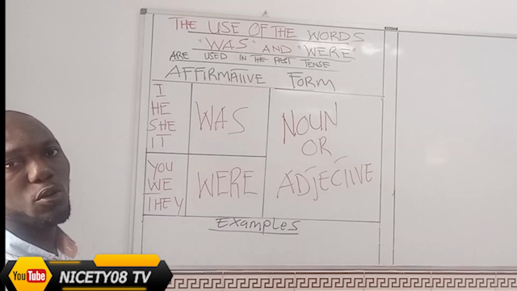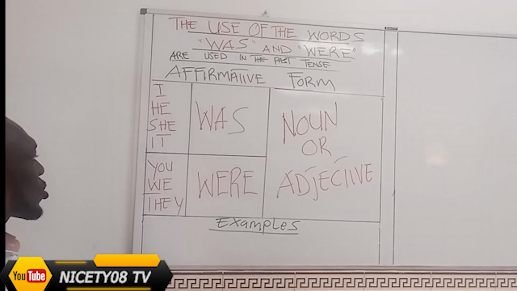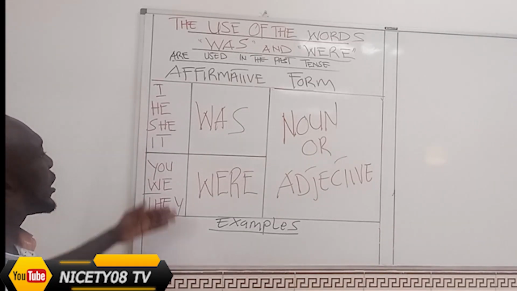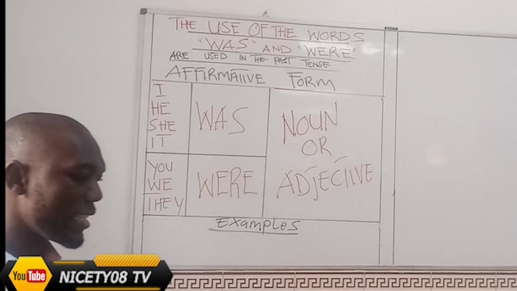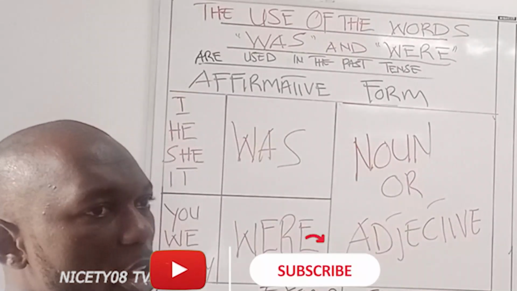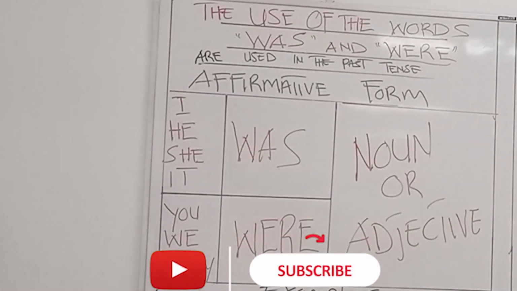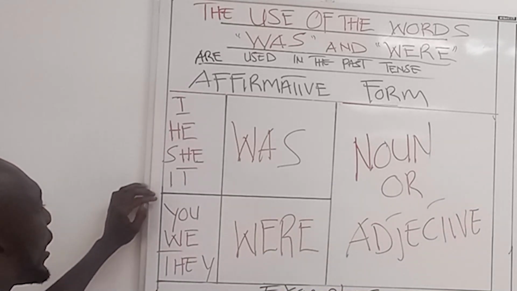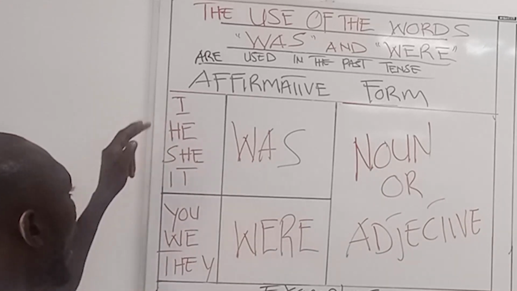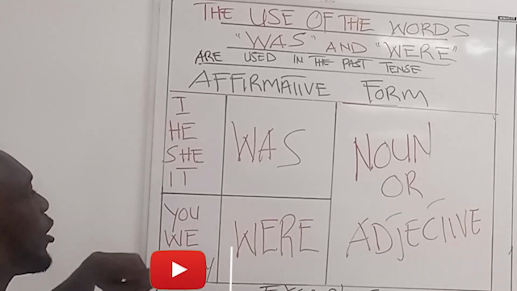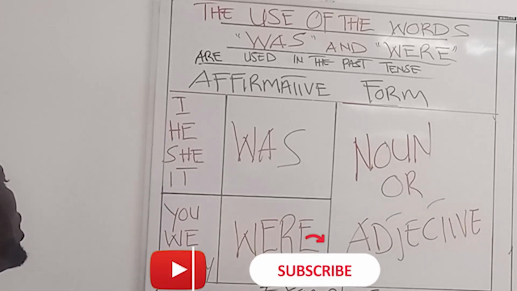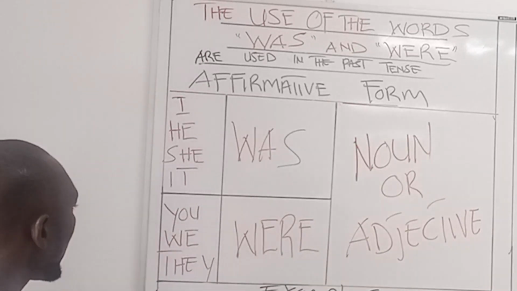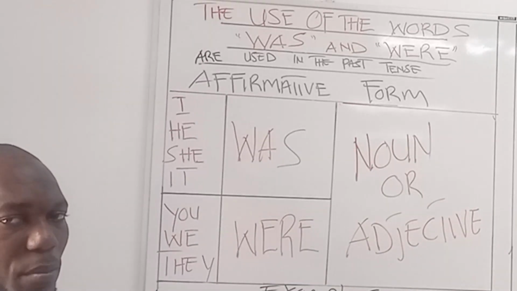So jinsi gani utaweza kutumia? Tunaanza na personal pronouns hapa. Tuna viwakilishi nafsi, hivi vinatumika kutengeneza sentensi za aina zote. Majina yote viwakilishi vyake vinatokana na hizi. Hizi zinaitwa personal pronouns. So I, you, we, they. I maana mimi, he wa kiume, she wa kike, it kitu. You means wewe, we sisi, they wao. So ni muhimu sana kuvielewa.